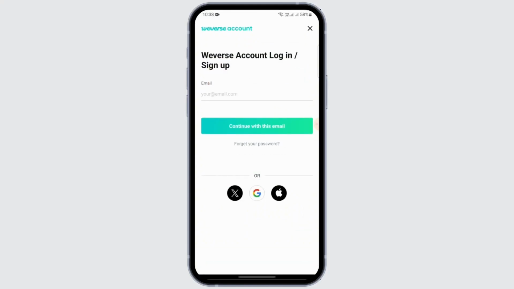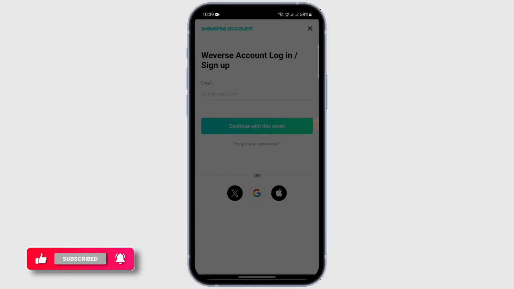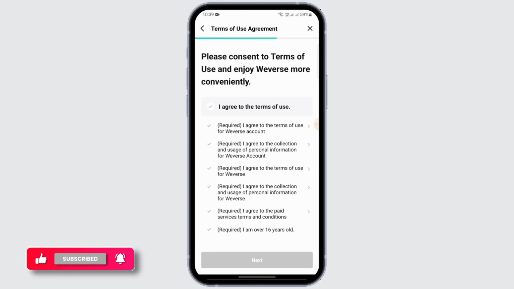And here we can log in or sign up on Weverse account to our Gmail, our Twitter, or our Apple ID. And I'm going to continue with my Google account. So tap on Continue. After entering your email, Gmail, or your Apple ID or Twitter account, you need to agree